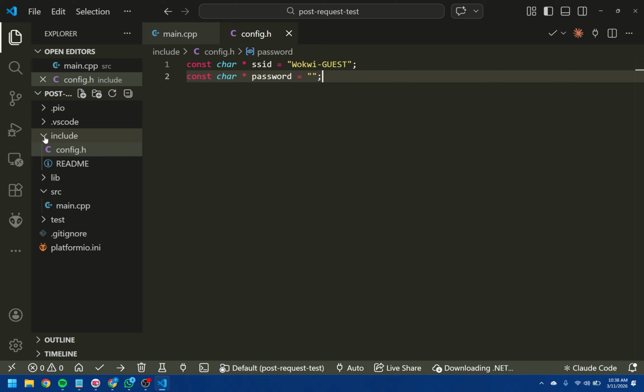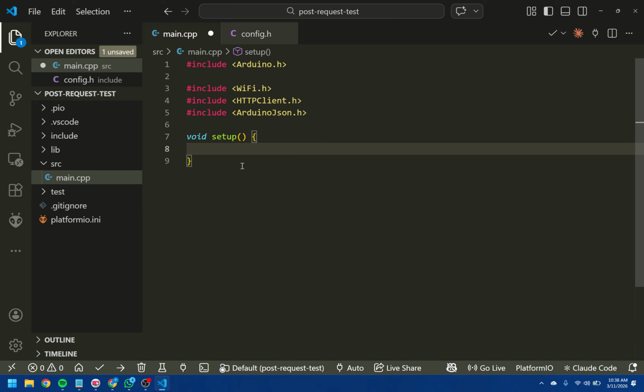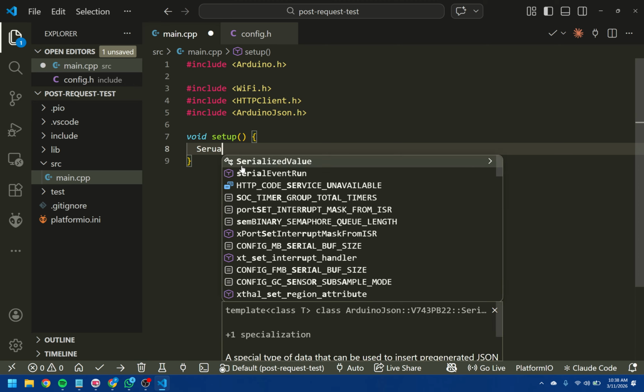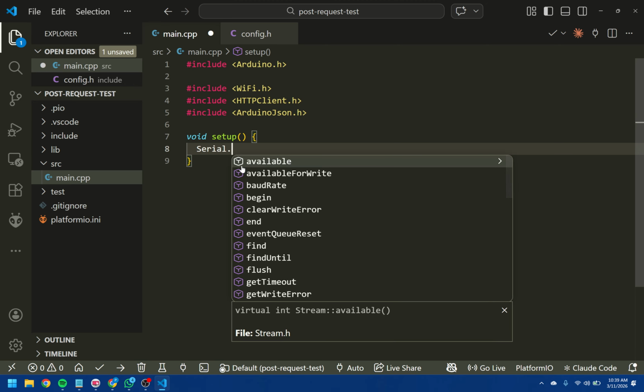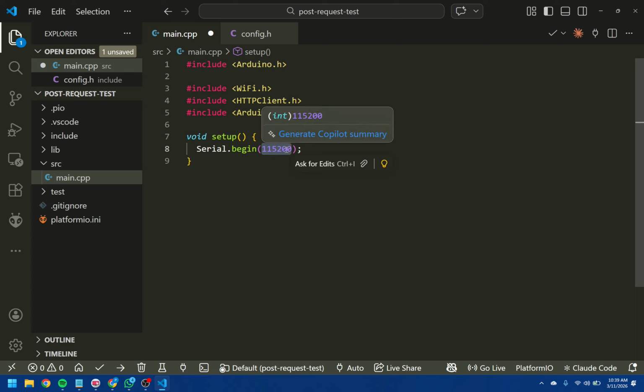All right, so we're moving over to our main.cpp now. We're moving back to it. Okay, so let's start with the setup. void setup. And the setup is where we do a couple things. We're going to set up our serial monitor, our serial communication. Serial.begin, and I like to use 115200. And because I like to use 115200, and the default is 9600, I'm going to have to specify in PlatformIO